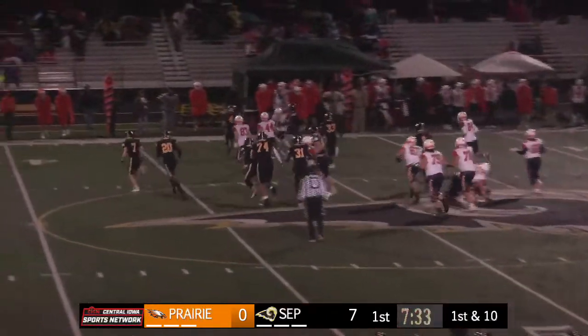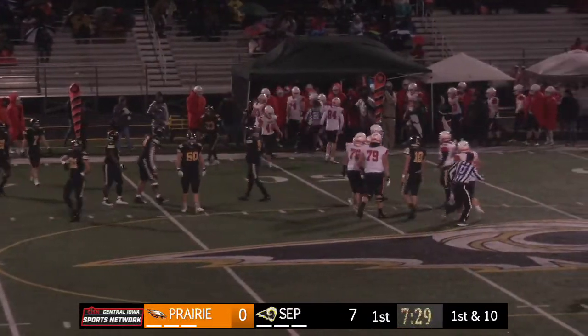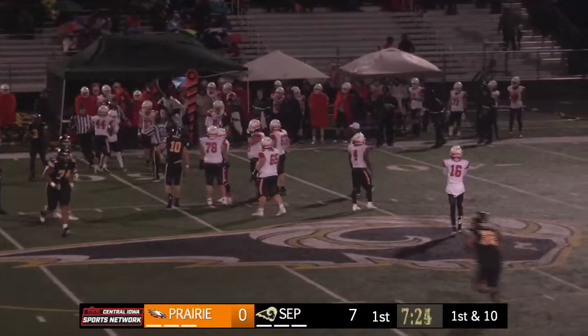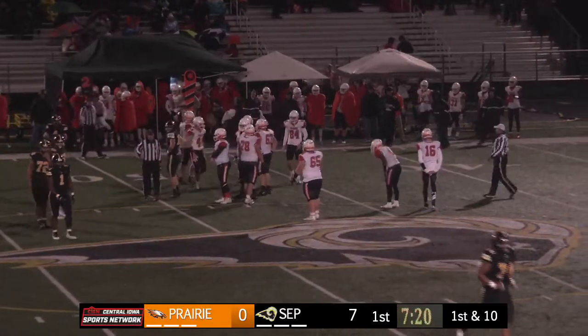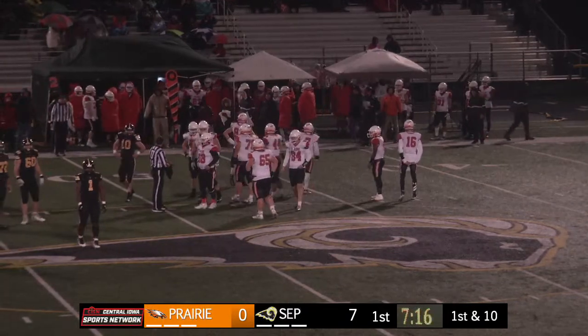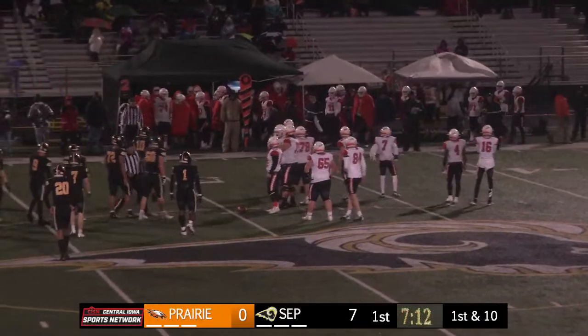Handoff, trying to turn the corner, spins out there and gets ripped down. Casey Kelly, the wingback, makes some good yardage there on first down, up to about the 50. And with the type of offense Cedar Rapids Prairie runs, you have to have good pulling guards. You can't just run and hope you block. You need to pull so that when that left or right end comes, boom, you hit them right in